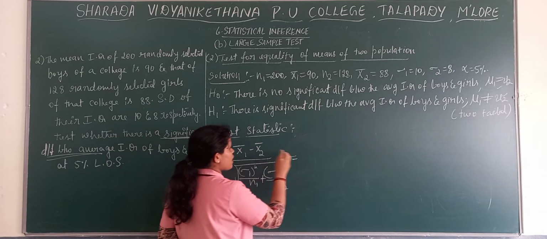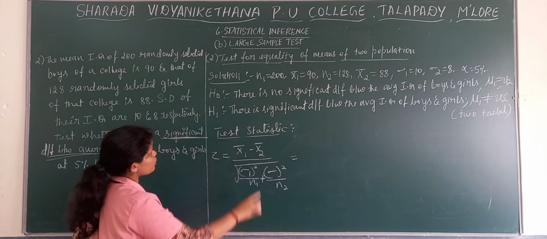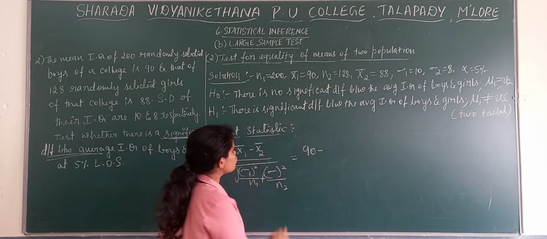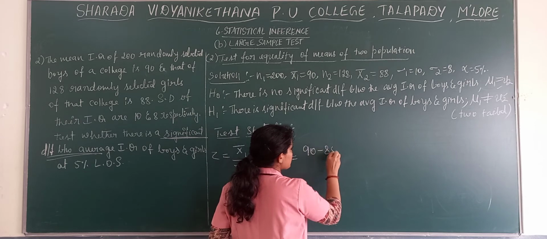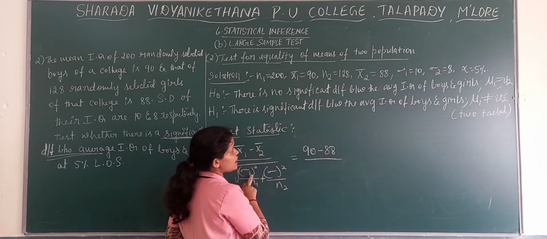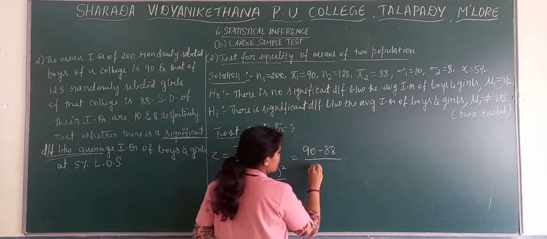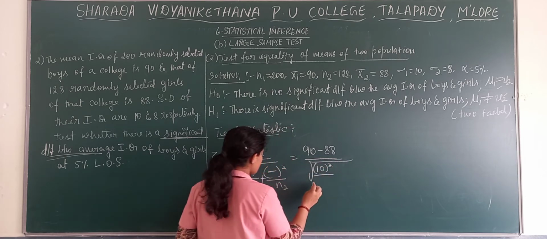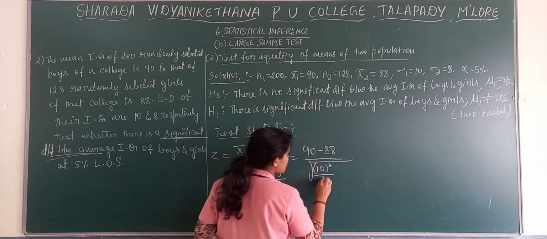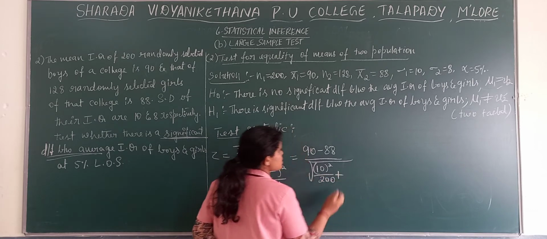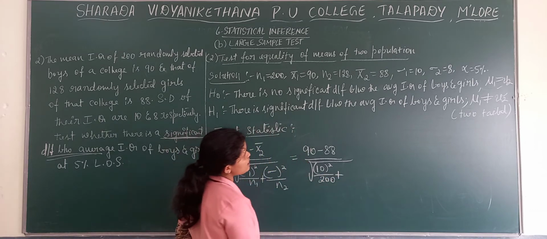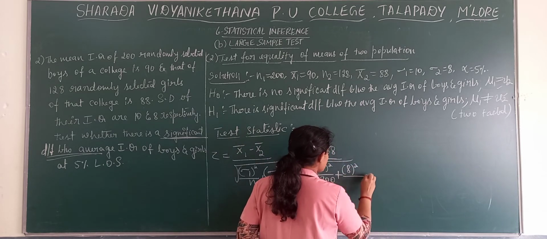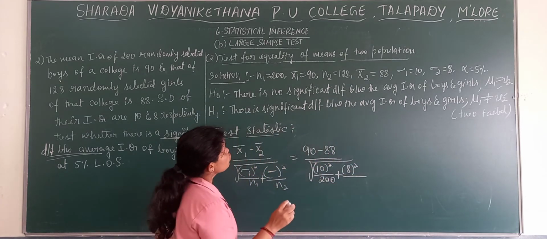Now substitute the values. X bar 1 is 90 minus x bar 2 is 88, divided by the root of standard deviation 1 is 10, 10 square divided by n1 is 200, plus standard deviation 2 is 8, 8 square divided by n2 is